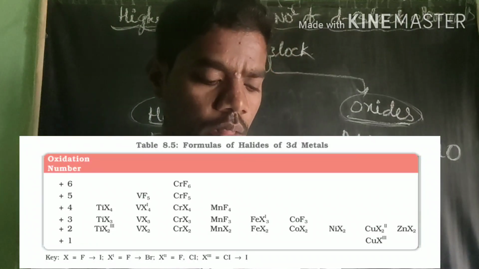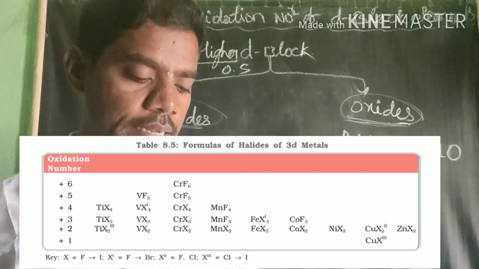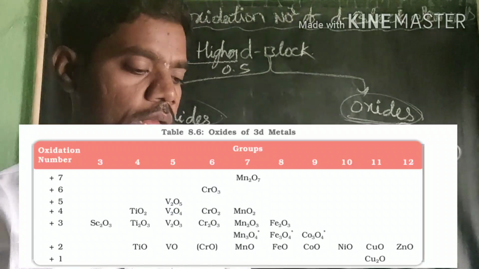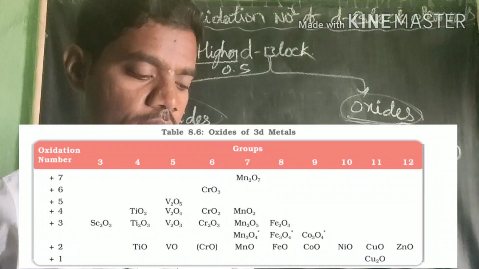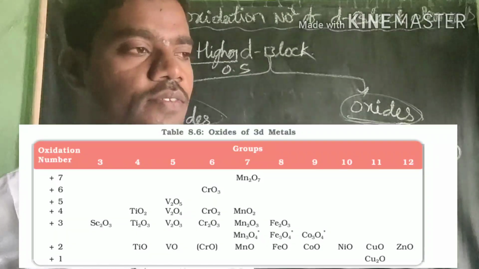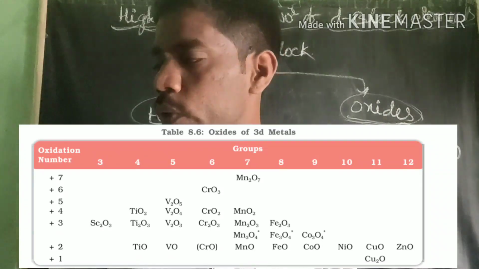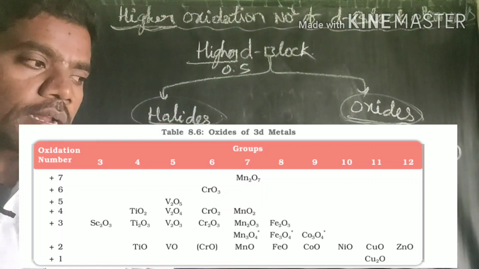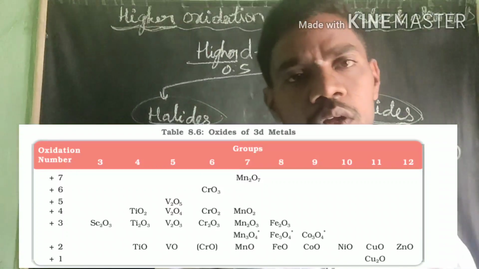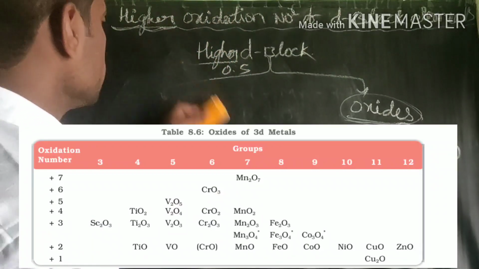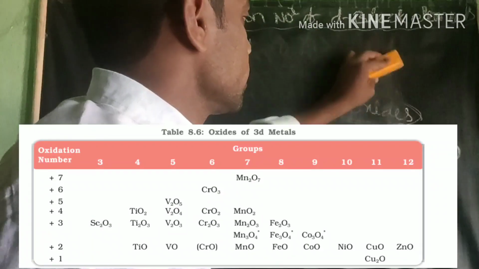Next, one more table is given. In the form of oxides, they are given as +1 or +2. Which one is +1 and which one is +2? You observed there also cuprous oxide, this is Cu2O. Like this, we are getting to know that. And I will tell you what the use of this compound is.